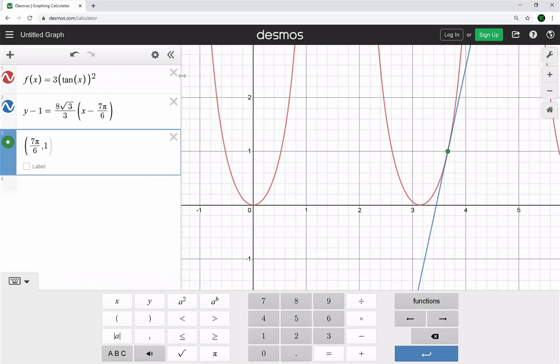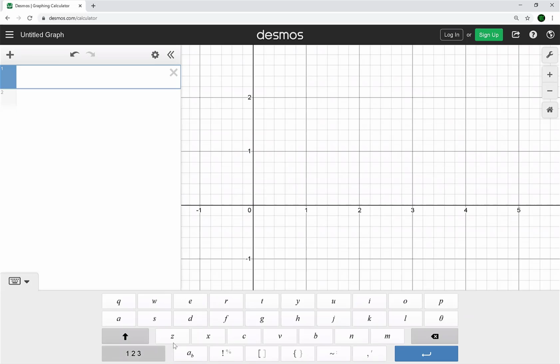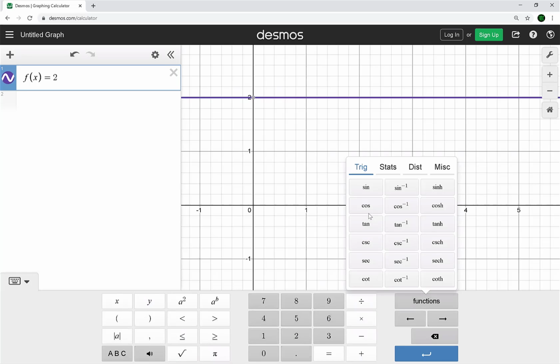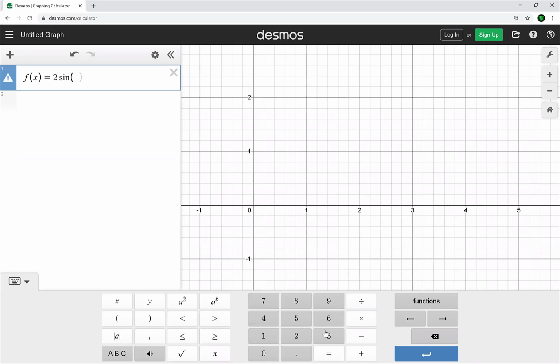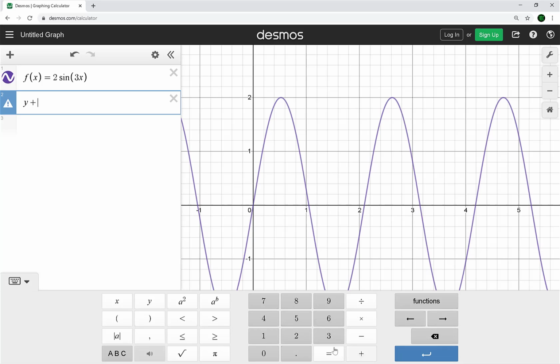There you go, guys. See? Not everyone can see. All right, first I'm going to type in f of x equals, and what was the function? 2 sine what? 3x? I would have thought it was, okay, I don't remember that, but that's fine. What is my tangent? Tangent, y minus plus. Yeah, y plus square root of 2